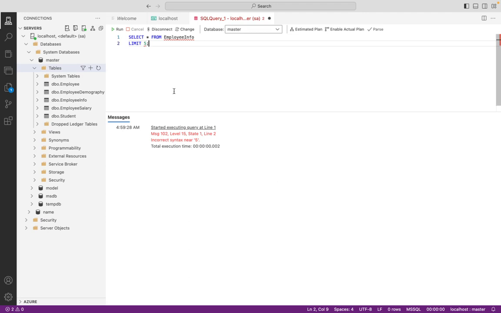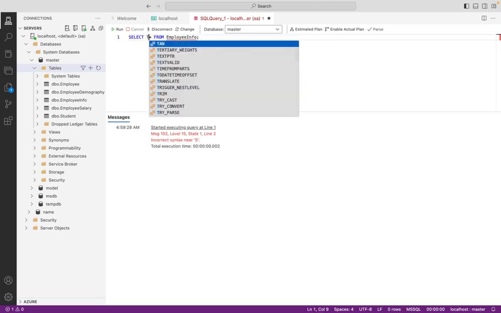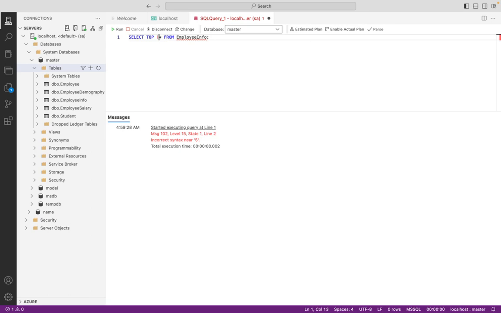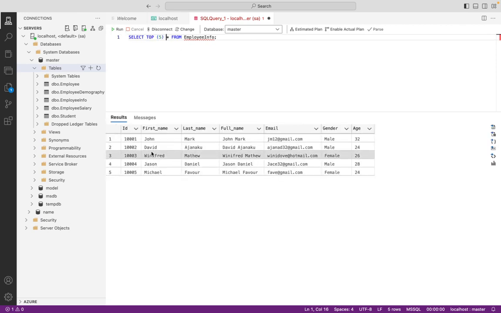So instead of limit 5, what we can do is say top 5 and run this. So this is actually going to help for the top 5 replaces the limit 5 for SQL